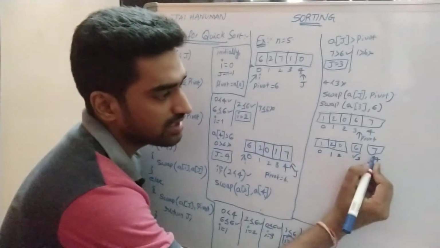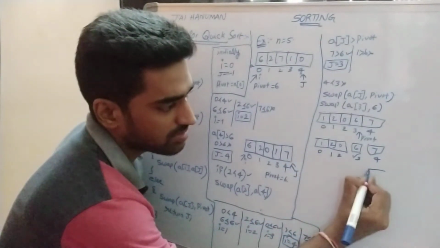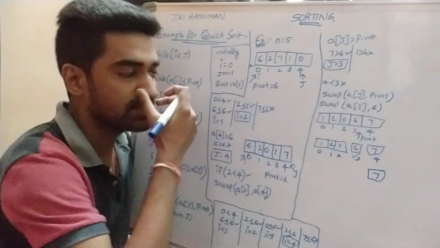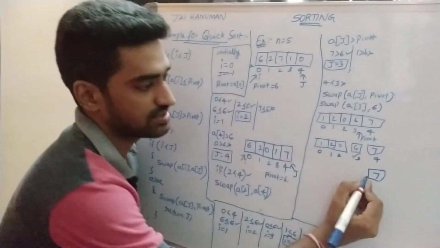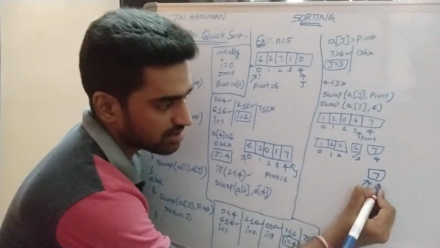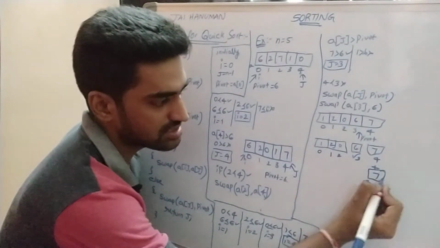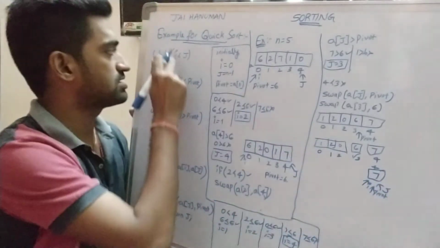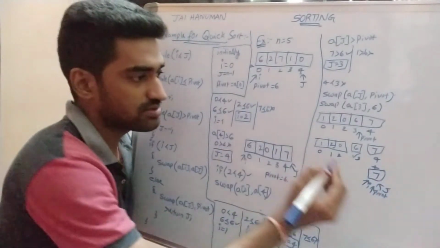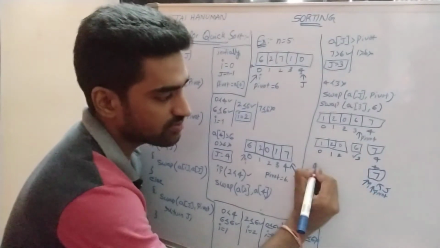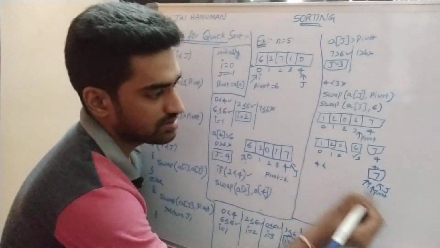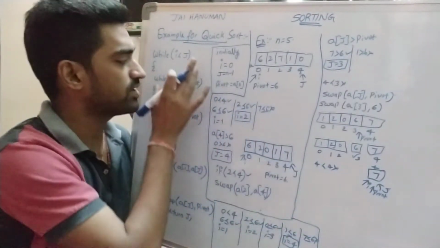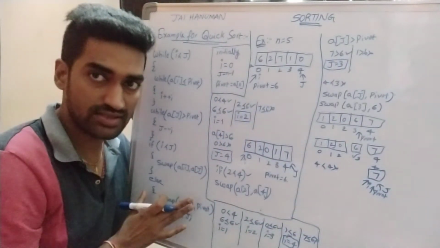So here I am taking the right subarray. What is the right subarray? 7. For this I set the I, j and pivot positions. This is I, and this is also j. The index is 4. This is the pivot. Here we are applying this procedure while I less than j. I less than j means the I value is 4 and the j value is also 4. 4 less than 4: the condition is a failure. So that's why we need not execute this procedure.